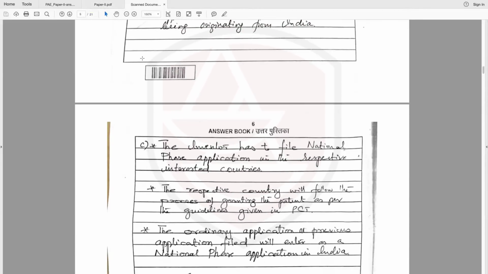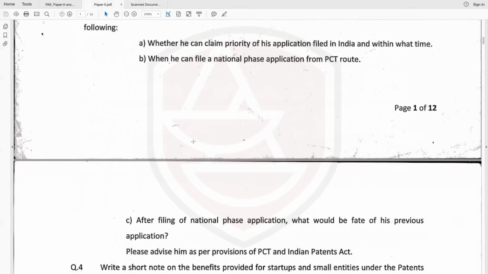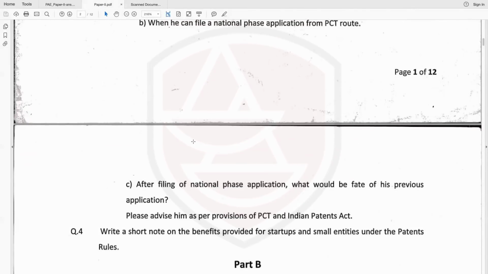And going to the part C of this. Yeah. So after filing the national phase application, what would be the fate of his previous application? And overall, please advise him as per provisions of PCT and the Indian Patents Act. Okay, so yeah, after filing of the national phase application,